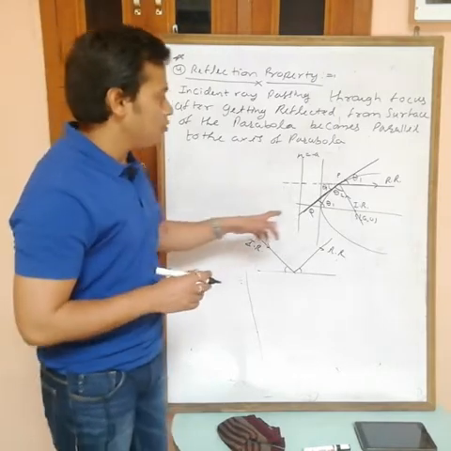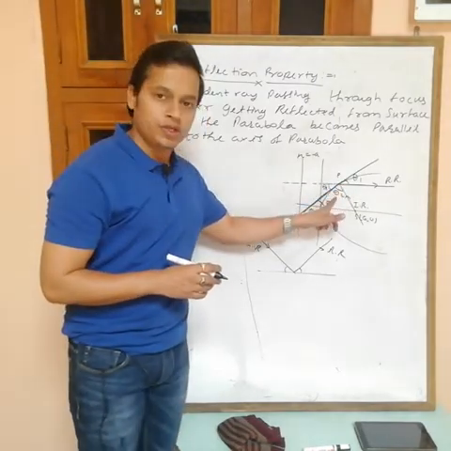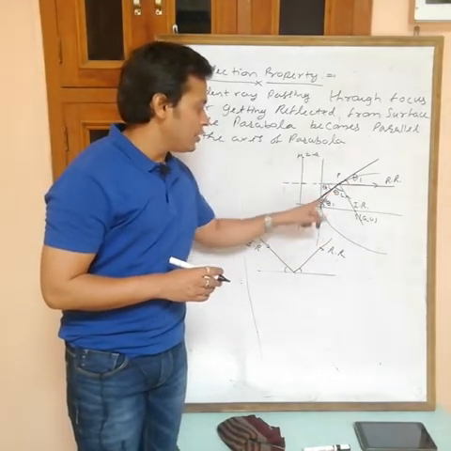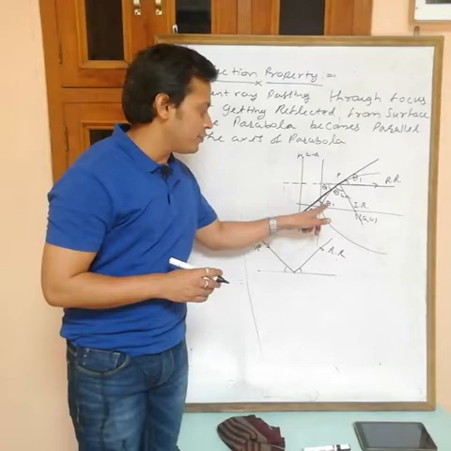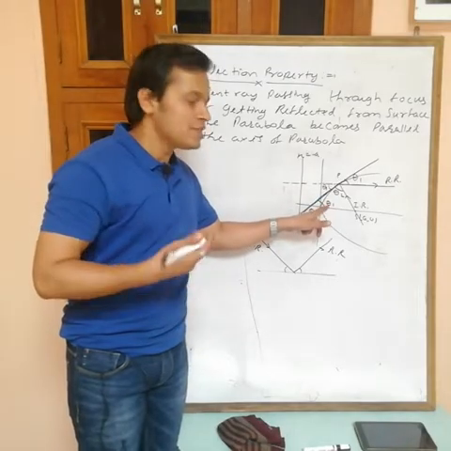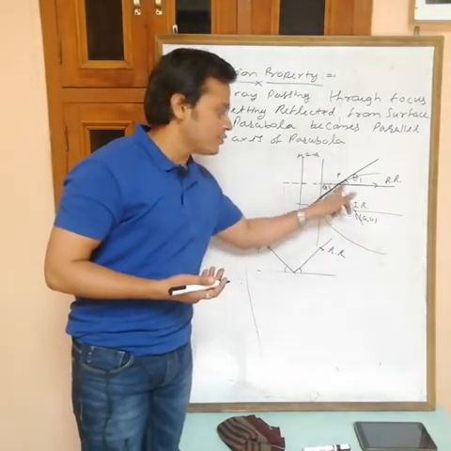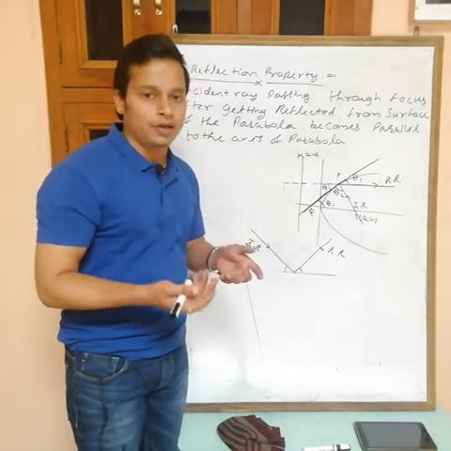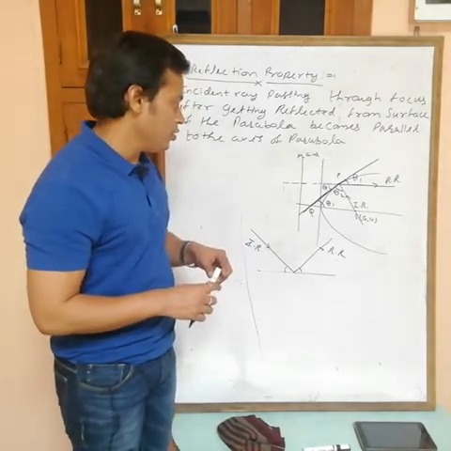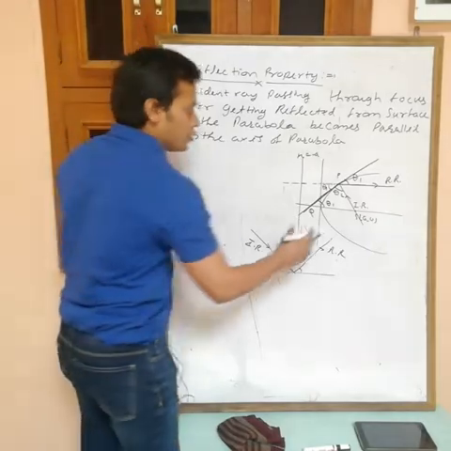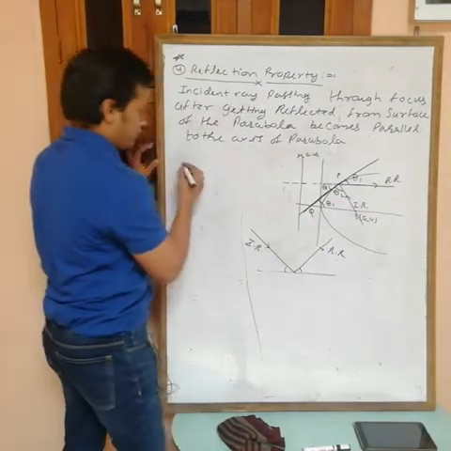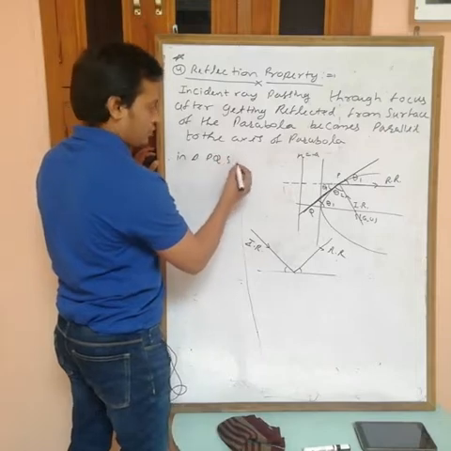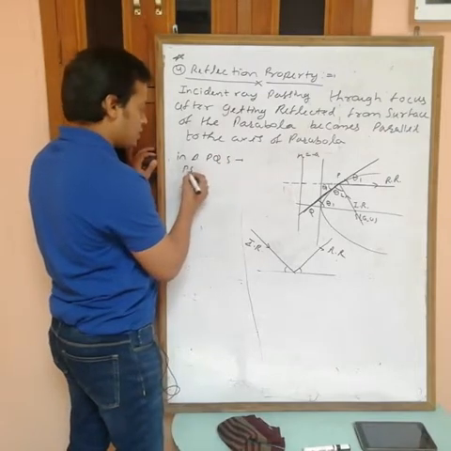One minute, we have to prove that theta 1 is equal to theta 2. This angle is theta 2 and this one is theta 1. If these two angles are the same, then the opposite sides are the same; if two sides in a triangle are equal, then the angles opposite them are also equal. So I am taking this triangle, triangle PQS. Can you find PS?